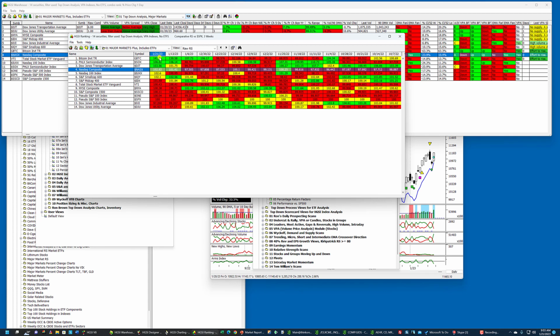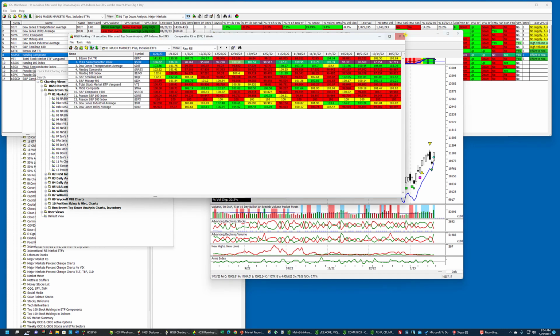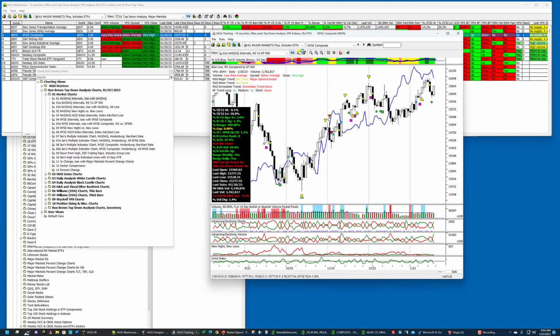So it's clearly outperforming. Bitcoin is coming back. Don't ask me why, but it is. But the real strength has been in the stocks and the transportation sector when compared to the S&P 500. Now I want to point out that these charts, if I go to the NASDAQ or the NYSE composite,